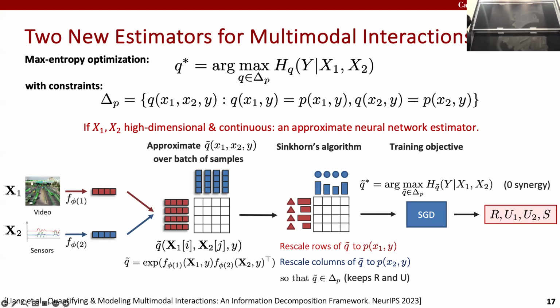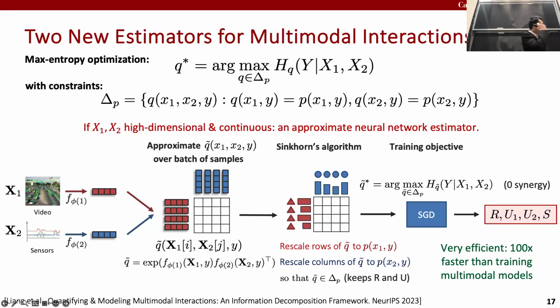Now, the key idea here is that this optimization problem is differentiable, maximizing the entropy. Respecting the constraints on matrix normalizations, that's differentiable. Creating a matrix Q tilde is all differentiable. That means you can train all of this end to end. And you can take this objective, plug it into your favorite solver like stochastic gradient descent, PyTorch, and train all of this end to end to find a Q tilde star with 0 synergy.